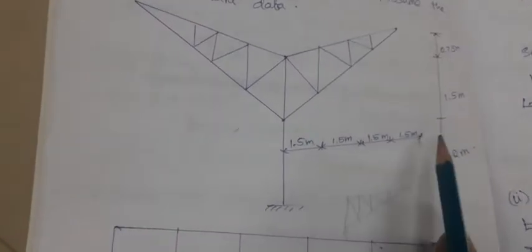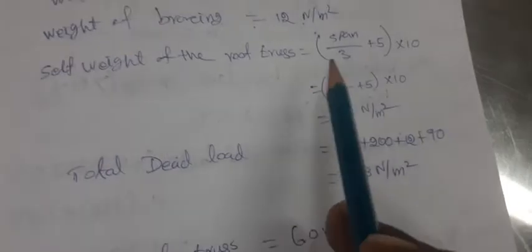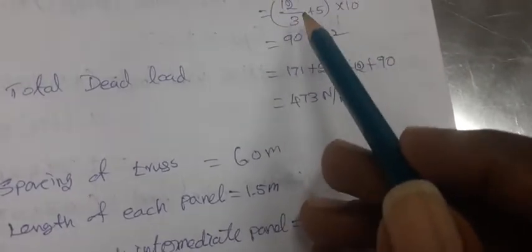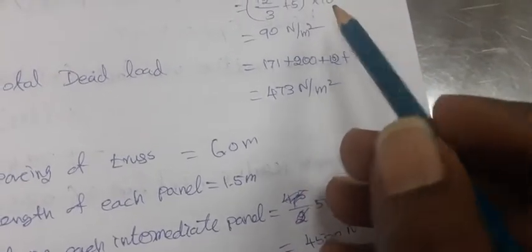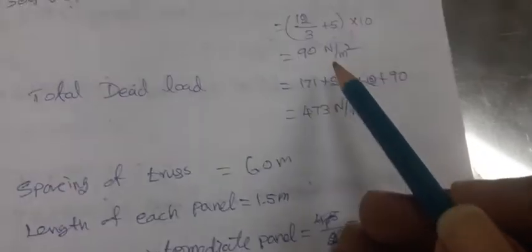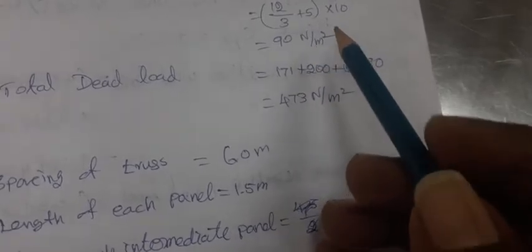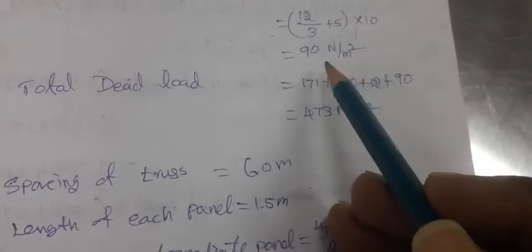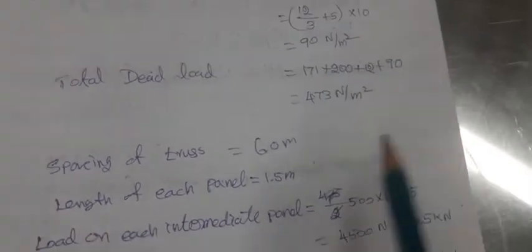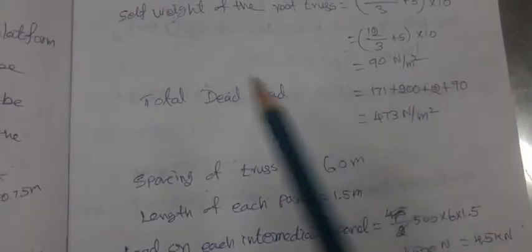Here we know the truss has a span of 6 meter on the left side and 6 meter on the right side. So 6 plus 6 is 12 meter. I am putting the span length as 12 meter. So 12 by 3 plus 5, into 10. Its value comes 4 plus 5 is 9, 9 into 10 is 90. So 90 Newton per mm square is the self weight of the roof truss, and also we have to add